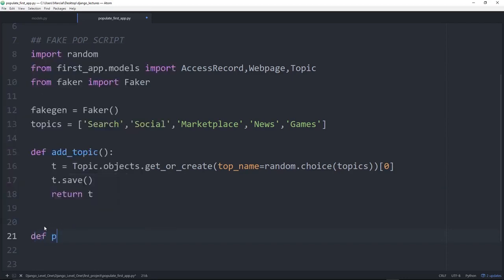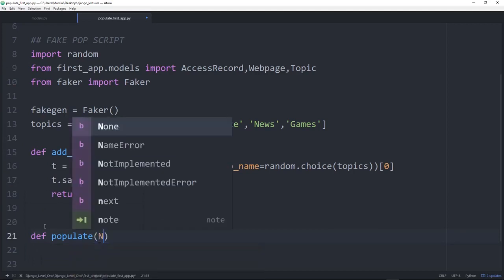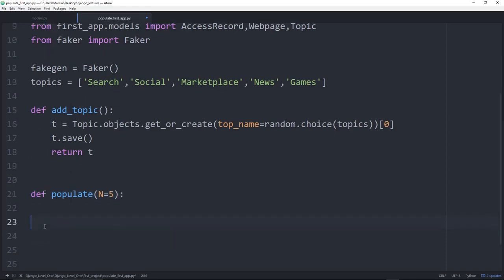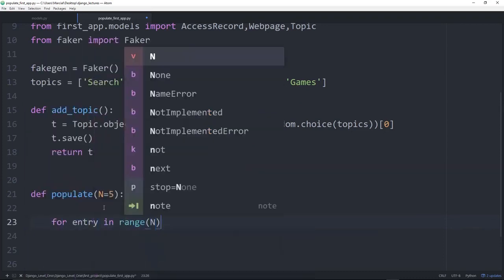So I will say def, and we'll just call this populate. And we'll have a default n to populate with, so the user can later change that or provide it. We could also make it some sort of command line parameter you can pass in. Right now we'll keep it as, let's say, n equals 5. And what we're going to do is say for entry in range n,